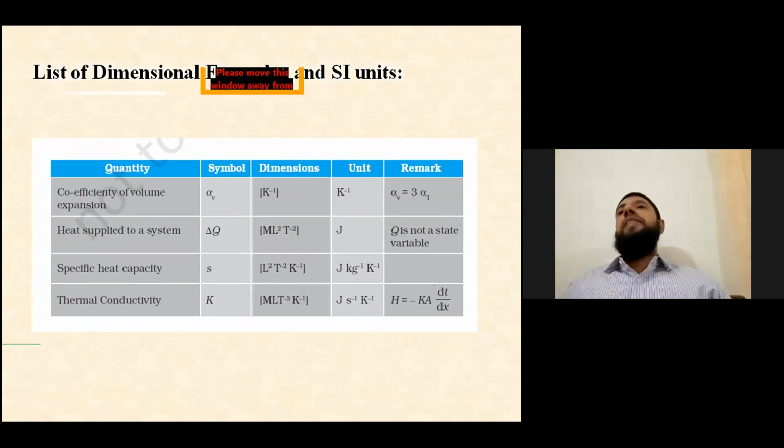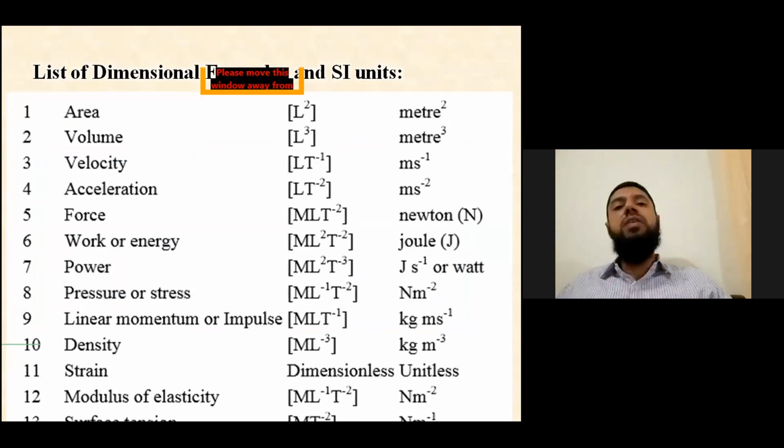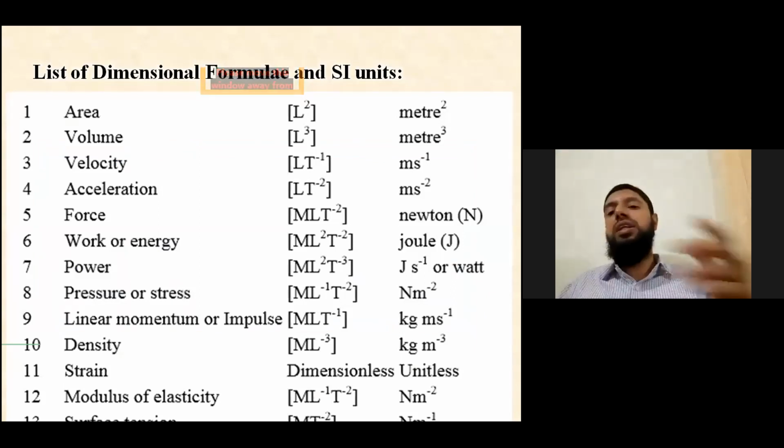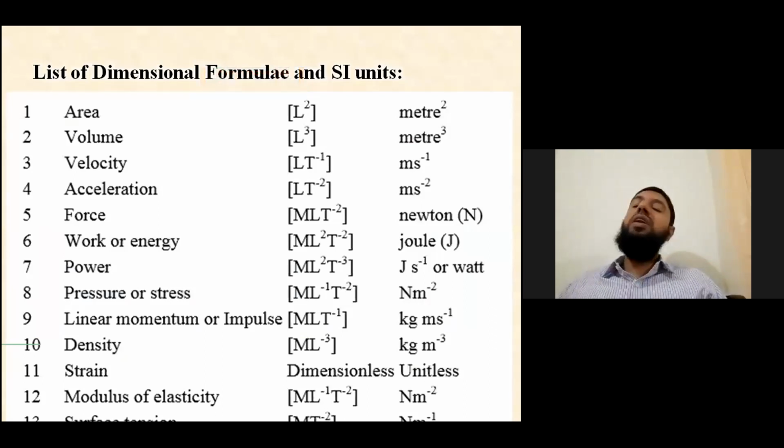Then along with this, I have made one more list of dimensional formulas along with SI units. The SI units are very essential. While making the list of SI units I have skipped a few. While you are listing the SI units, write down whatever different SI units you observe,